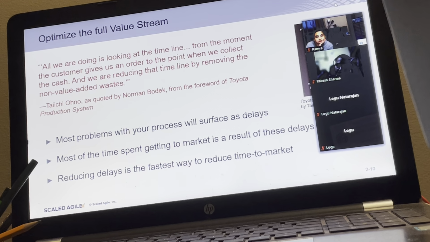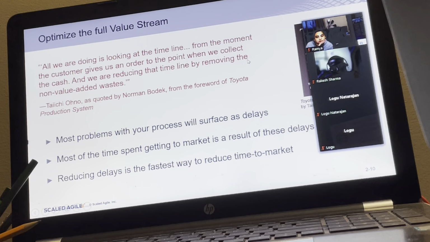So many times, whenever we have a problem in our value stream, it gets demonstrated as a delay. The point is, delays are not a problem on their own, but delays reflect the problem. So we can say the problem surfaces using delays, and we need to find out how to get rid of the causes which are producing the delays, because delays are delaying our time to market. Delays are delaying our value delivery. So we want to reduce the lead time. That's the whole focus of optimizing the value stream.